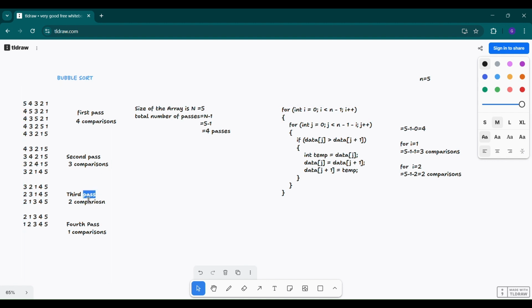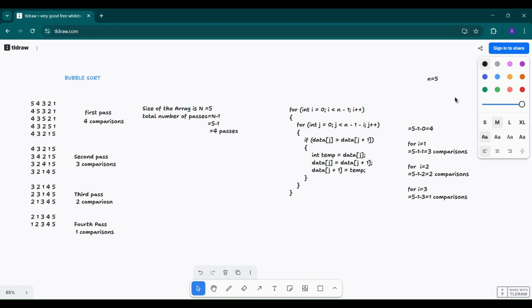So for the third pass it will be 2 comparisons, and for i equals 3, which is 5 minus 1 minus 3, which is 2 minus 1, 1 comparison. So for the fourth pass there will be only 1 comparison. So our logic is correct. Okay,